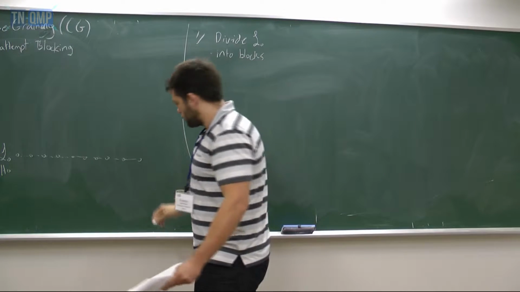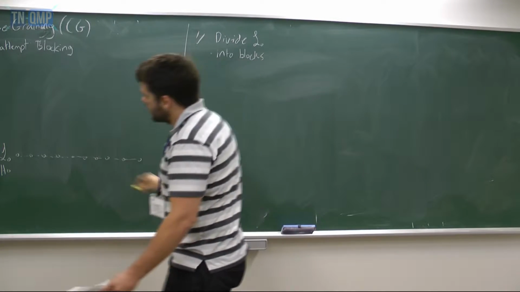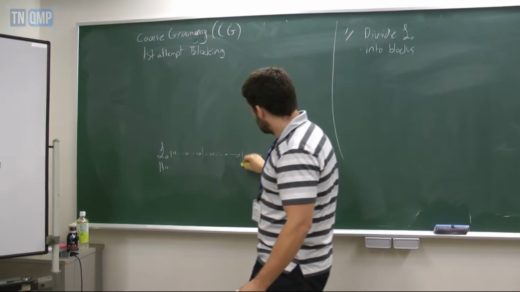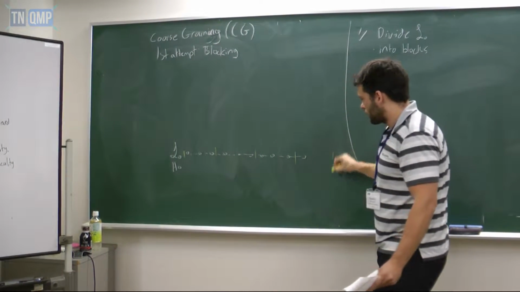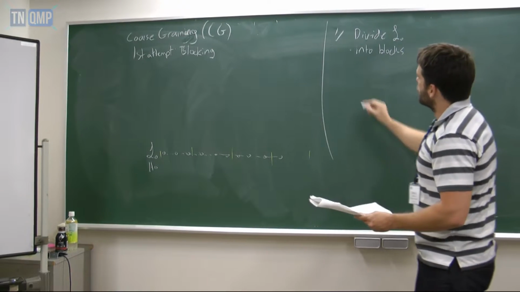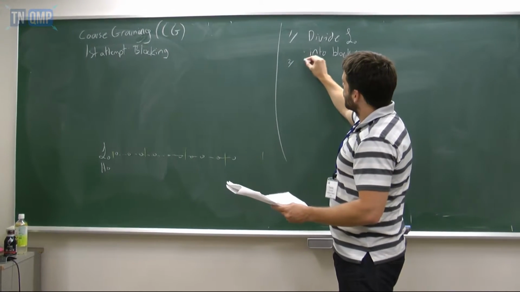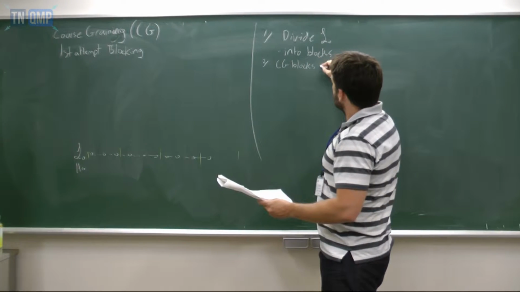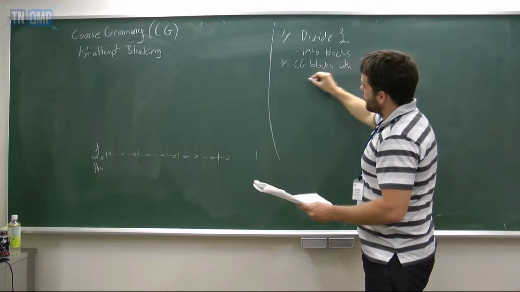Here I'm going to do blocks of size 3, because this will be convenient for later, but in particular any size blocks would work. So we're going to coarse-grain blocks with an isometry